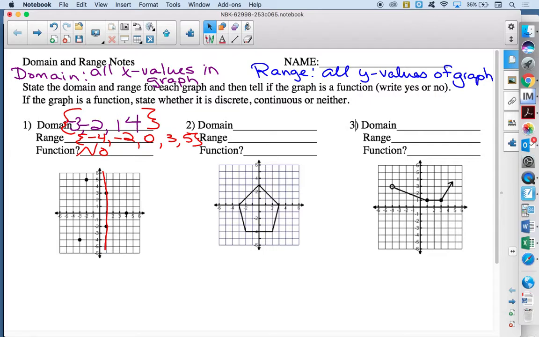So Isabella, what's the starting point of this pentagon on the x? Okay, so the starting point would be -3. Right, so the point farthest to the left of the x. So the farthest x value is at -3. So I'm going to look at the graph and pick the x that's the farthest to the left. And then Isabella, as the graph moves, what's the farthest right x value that it's finding? 3, a positive 3. So my graph goes from negative 3 to positive 3 for the domain,